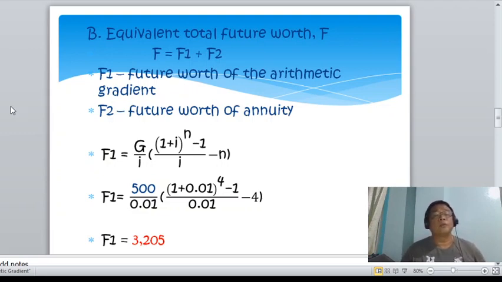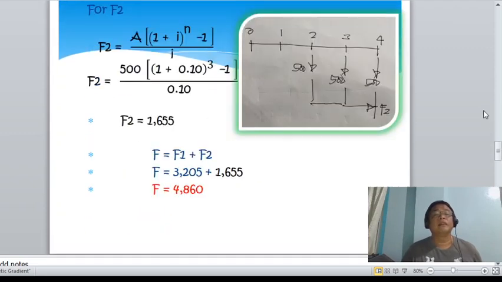Okay? So, for F sub 1, that is G over I, multiplied by (1 plus I raised to n minus 1) over I minus n. And then getting now the F sub 1, that is 3,205. Okay? Next, for F sub 2, getting again the formula for the annuity, getting the future amount, that is substituting values. F sub 2 is 1,655. And then summing up now F sub 1 and F sub 2, the answer is